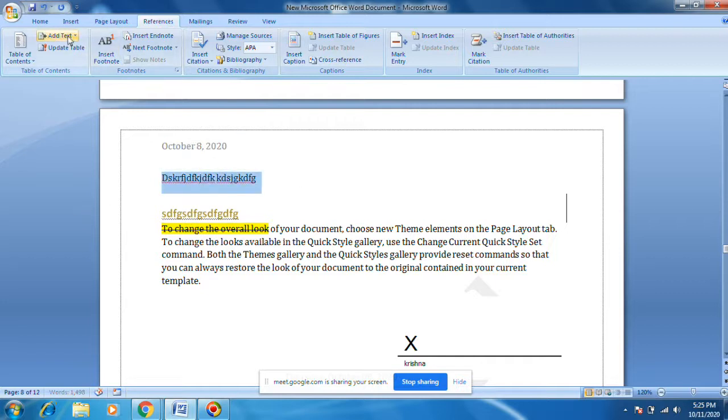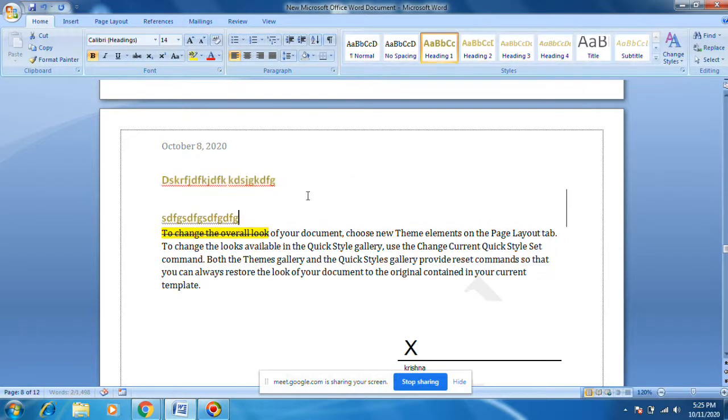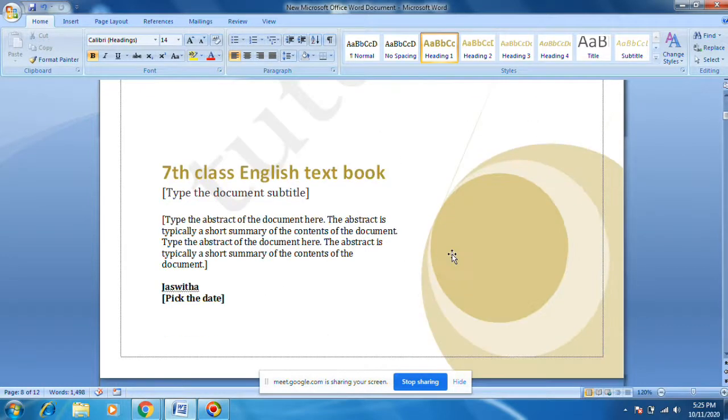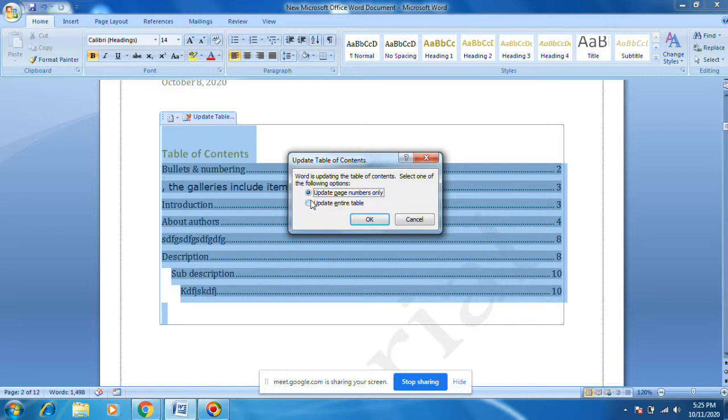I want to make it heading 1, this is normal now. This thing I want to update in the table of contents. What shall we do? Update table, update entire table. Okay, you need to select this option and then press OK.